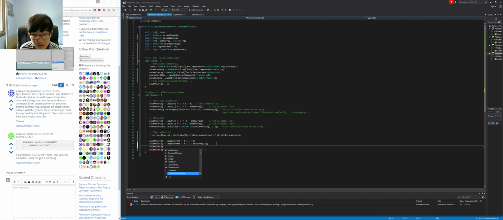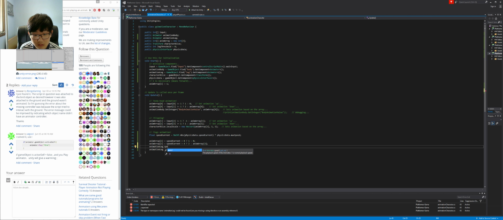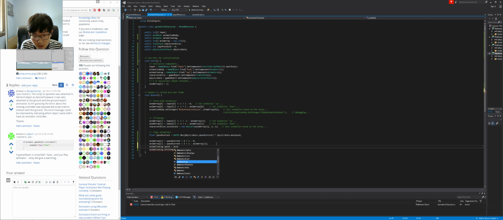Is there like a speed? So, in the case that anim array, anim array 2 is equal to 1, and the